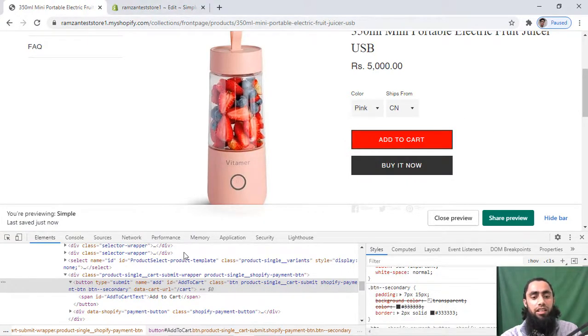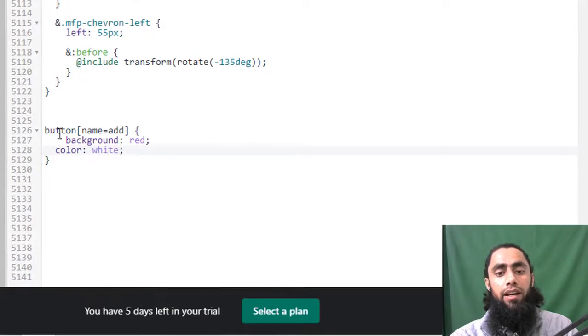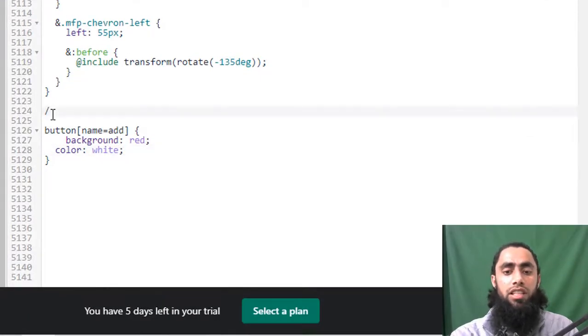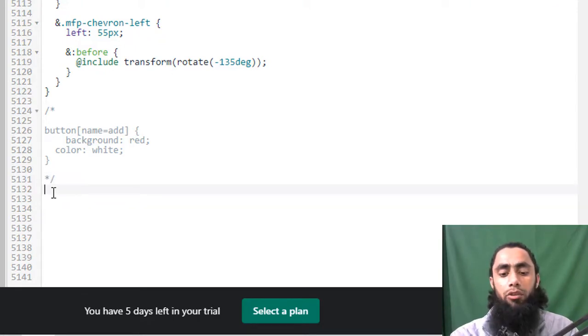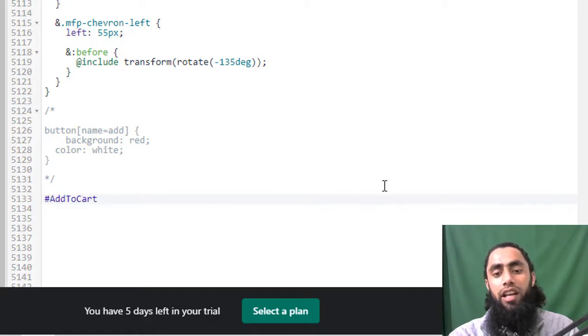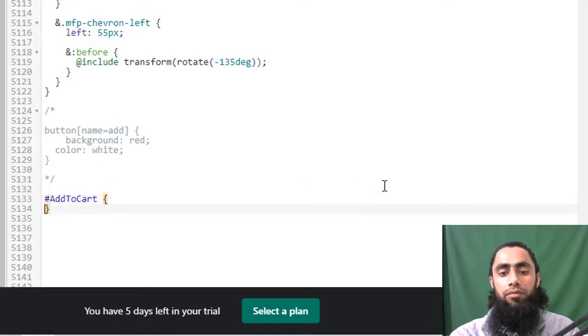The other option was like we have ID equals to add to cart. So I am going to copy this ID, and I am no more using this specific CSS. I am going to comment this out. Comment means this would not be used, and I am going to add a pound tag, and then we have add to cart. All right, inside of it I am again writing